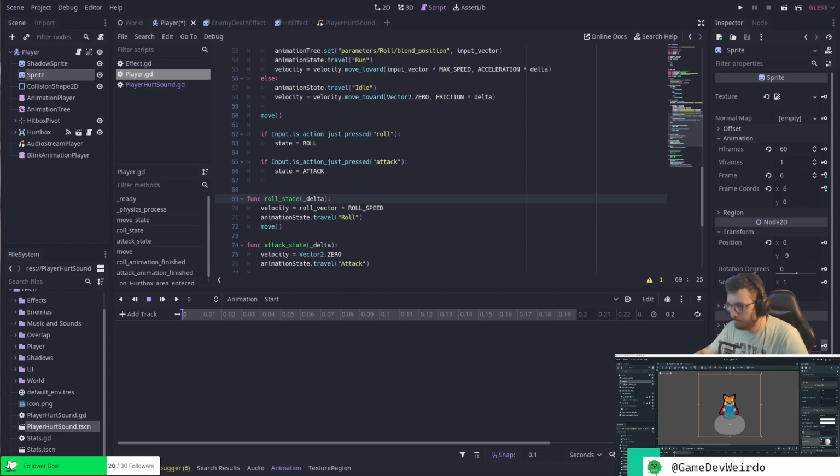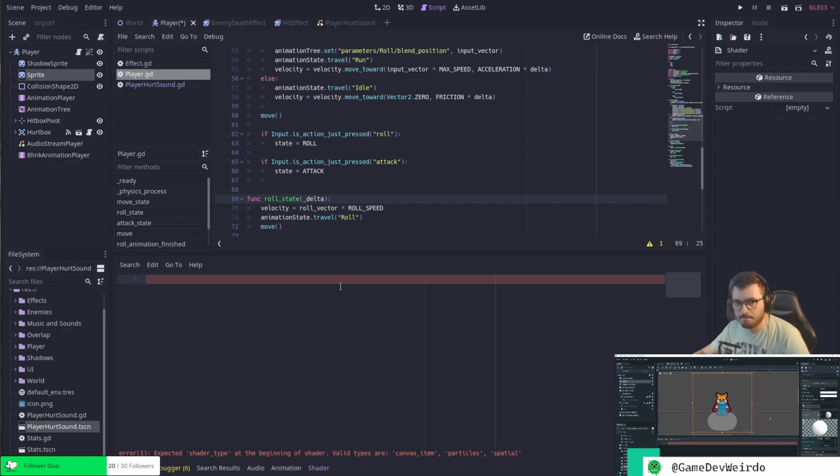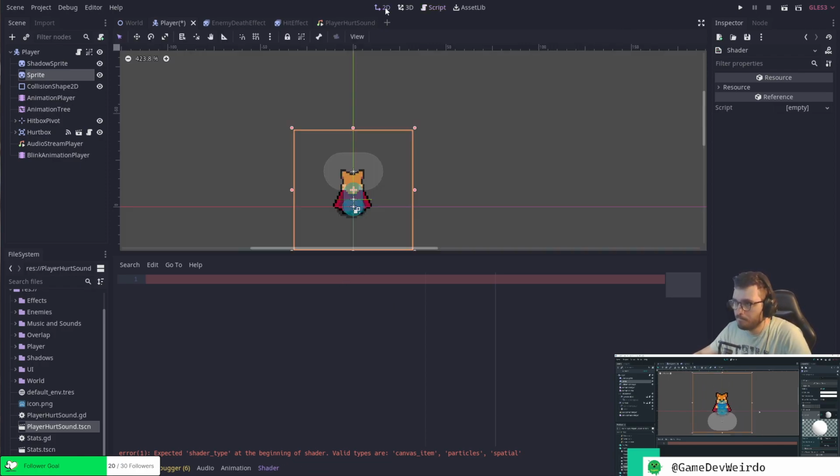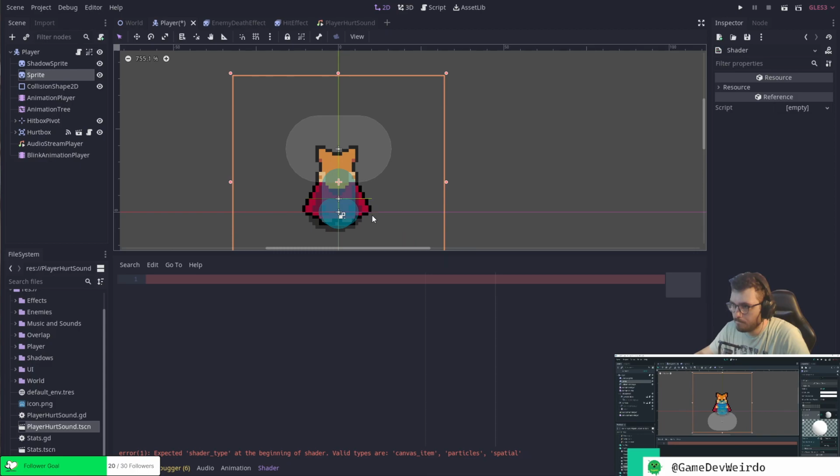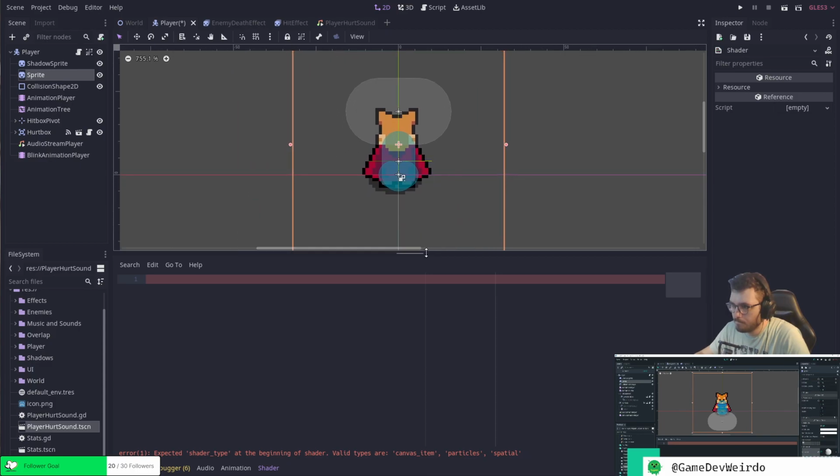Okay, so we can attach a shader material. Then we want to click on this and we need to do a new shader. So we'll do new shader inside of here. Okay, and then click on that, and that will open up a little code box down here. And it's really great that the code is down here, because as we manipulate this shader,